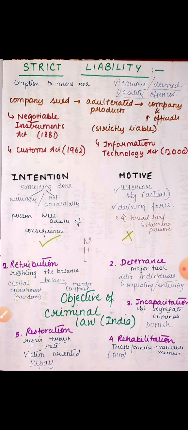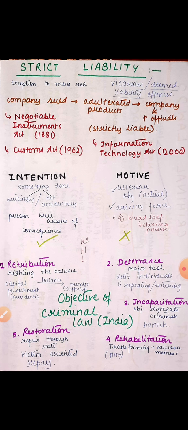Now, you've learned the doctrine of retribution in the chapter on contract law. Here, the concept is pretty much the same, but we don't have any aspect of monetary compensation or any kind of money related thing in retribution. It's there in restoration. Retribution means righting the balance. If a criminal has done something wrong, he needs to be given a penalty, so the criminal is punished. For instance, if a criminal has murdered someone, then capital punishment is given to balance out the suffering of the victim or the victim's representatives.